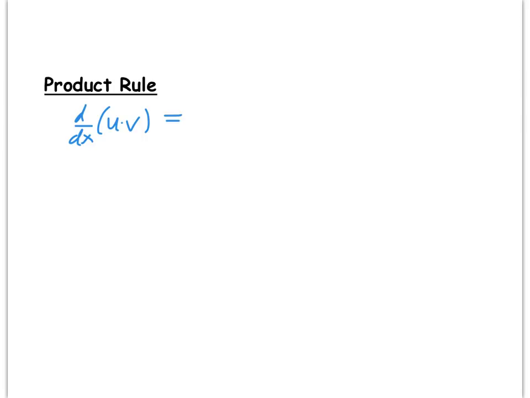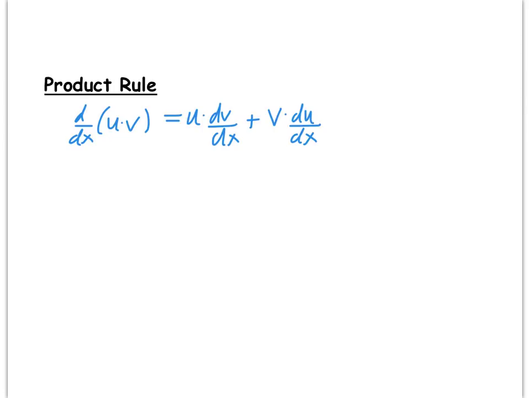We saw that it's not as simple as just doing the derivative of u times the derivative of v, but the good news is it's still a fairly simple rule. We leave the first function alone, which we'll call u, and multiply by the derivative of the second function, so that'd be dv dx. Then add it to the reverse of that, meaning leave the second function alone, v, and multiply by the derivative of the first function, which is du dx. So if you say this in words, it's very easy to remember. It's first times derivative second plus second times derivative first,